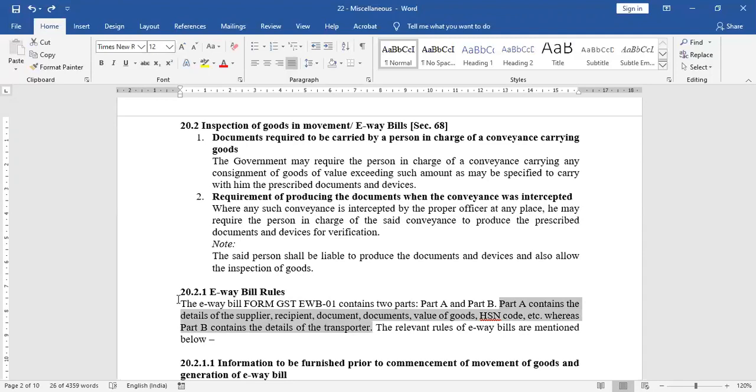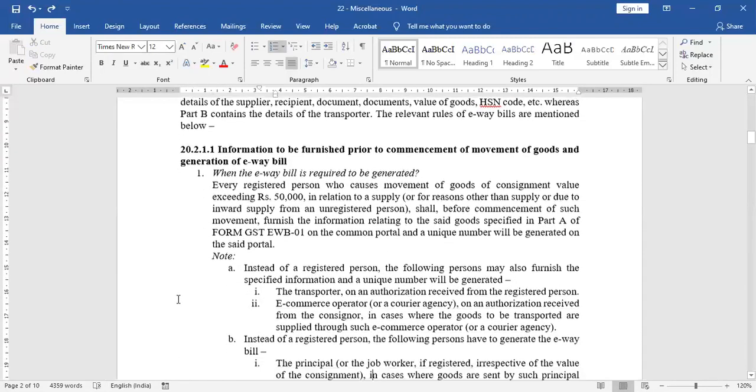Now some relevant provisions of e-way bills. You should cover this topic for 5 to 7 marks only. That's it. Theory question. Information to be furnished prior to commencement. So before starting to move the goods, it is necessary to generate the e-way bill. And this is the point: if the value exceeds 50,000 rupees, then before commencing the movement,